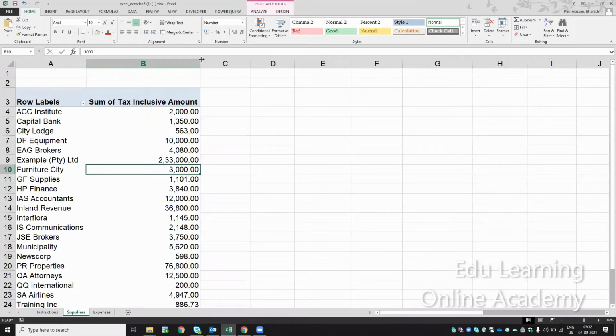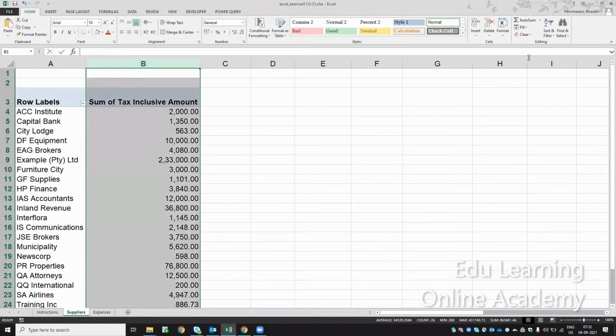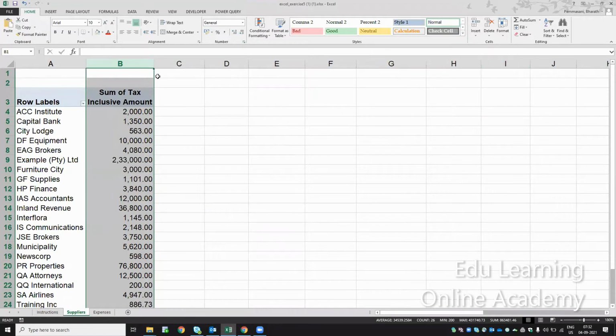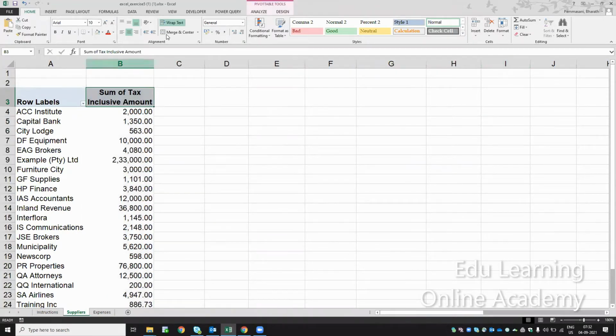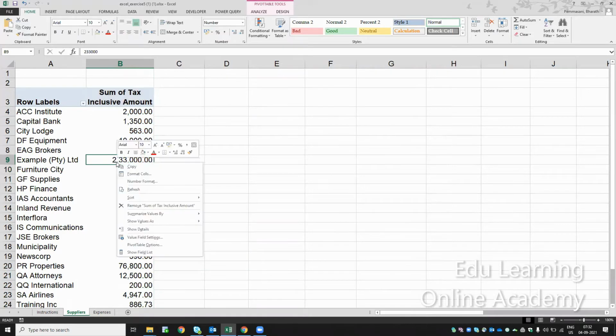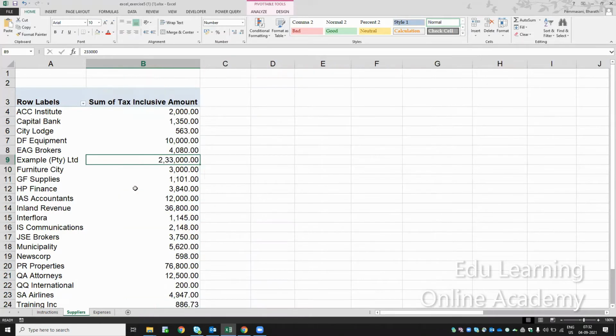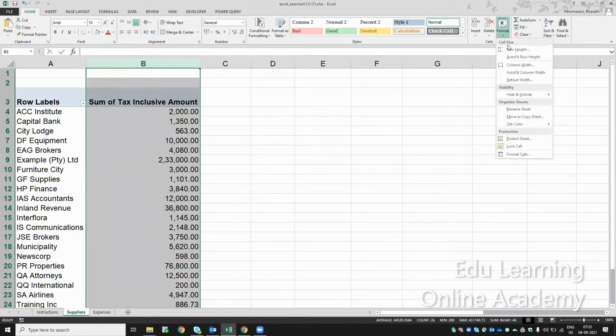In the previous step we set the column width to 16 and applied wrap text. If I don't preserve the cell formatting, whenever I refresh this pivot table it will go away. So I have to preserve the cell formatting after setting the column width.